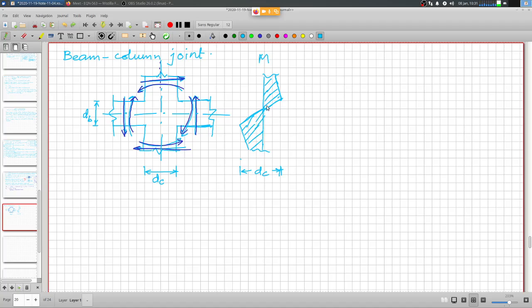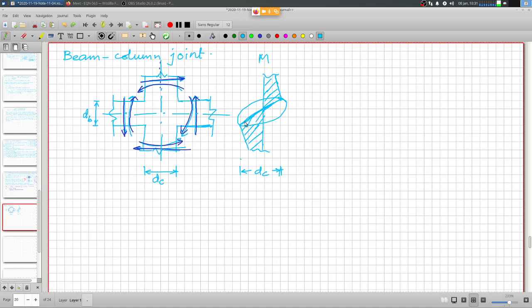Right. So what is the gradient of this moment? What is the gradient of bending moment? That's the shear force, isn't it? So this is the total shear to which this panel zone, this beam column joint,